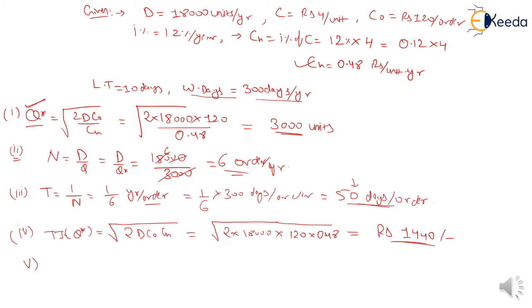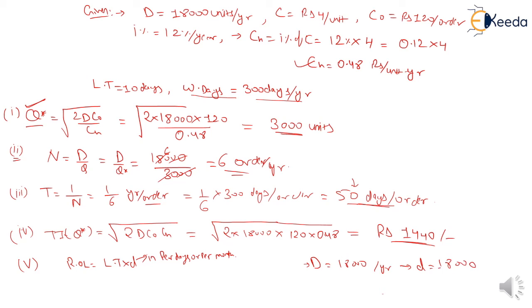The fifth one, calculate the reorder level. Okay, students. In the previous session we discussed that the reorder level is nothing but lead time into demand. Here the d is the demand per day or per month. But in our question, the capital D is given as 18,000 per year, so this capital D is converted into units per day. The small d is nothing but